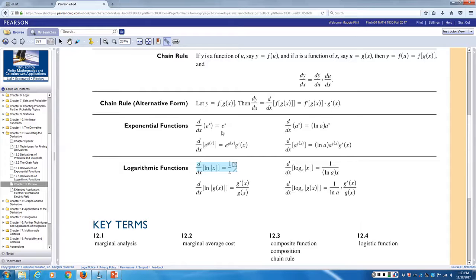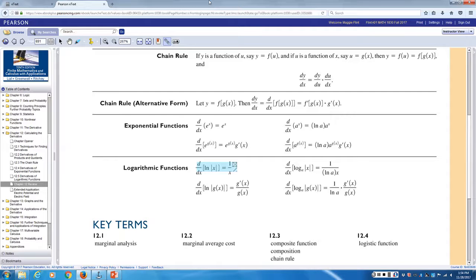So if we go back and look at the rules again, we know that the derivative of e to the x is e to the x, right? So it stands to reason the derivative of e to the u is e to the u, and therefore it is also not only its own derivative, but its own integral. So that's going to be